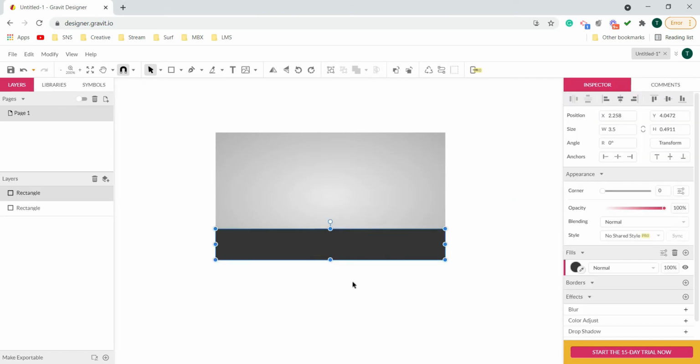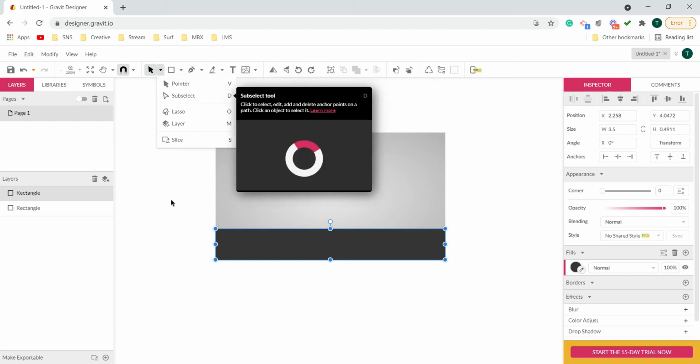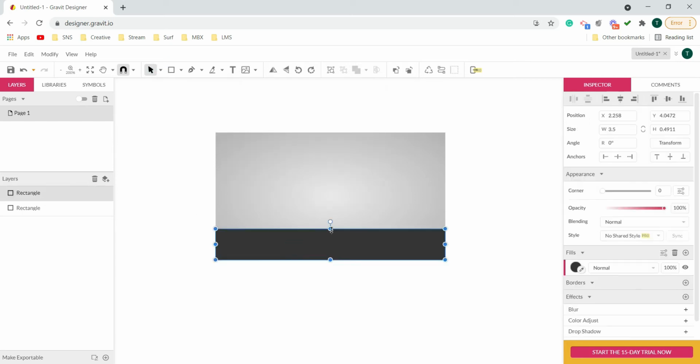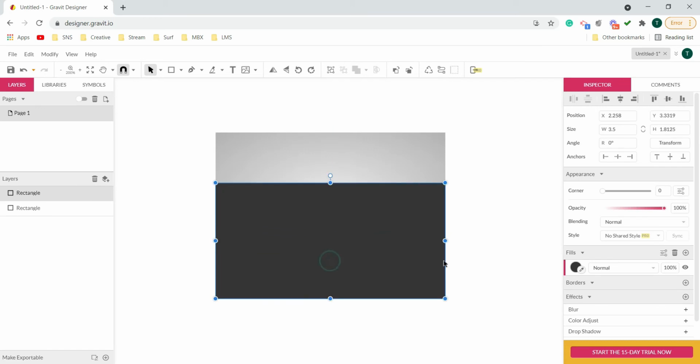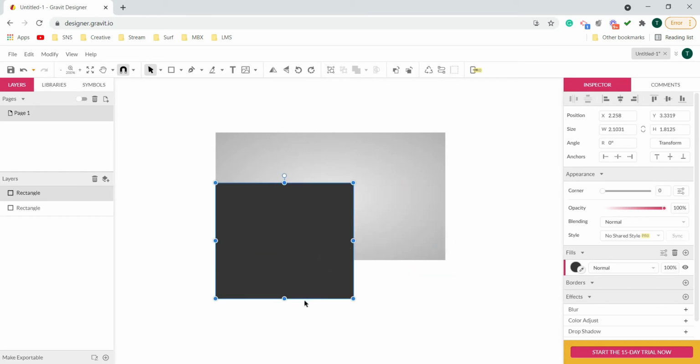Now what I want is to deform this rectangle shape. This is not possible with the pointer tool, because even if I try with this, you can see I can deform it like this, but it still maintains that rectangular shape. The rectangle is not getting distorted. Ultimately, it is still going to look like a rectangle.